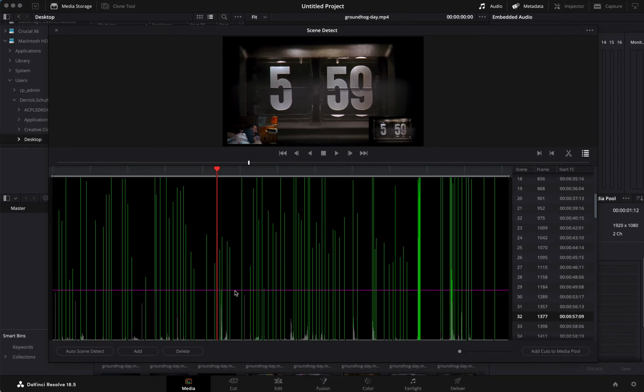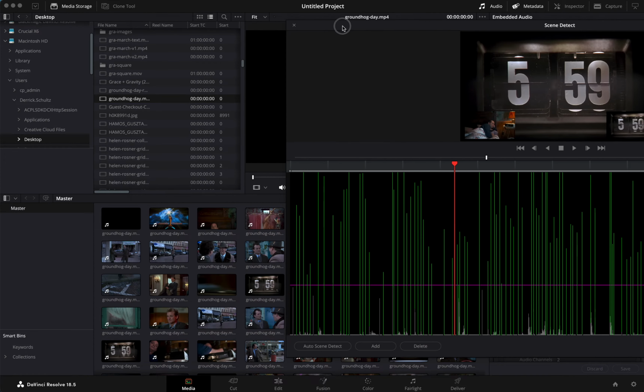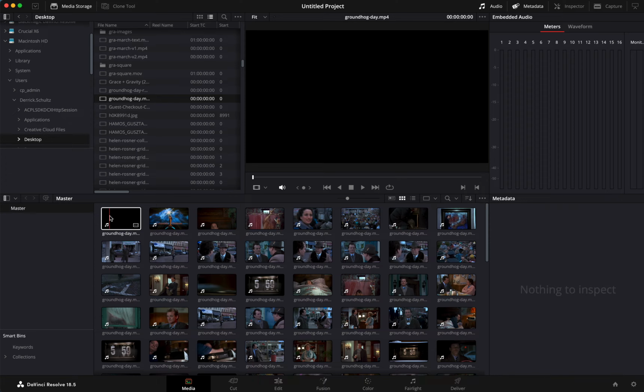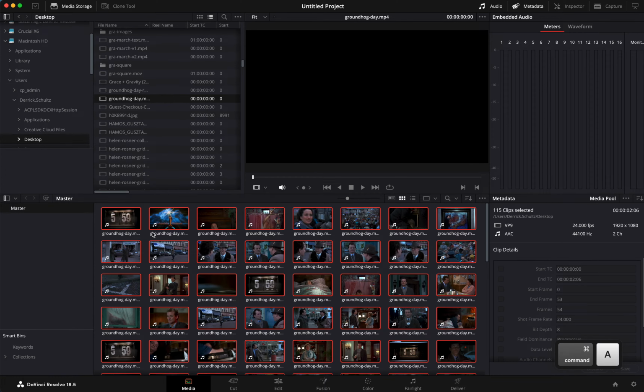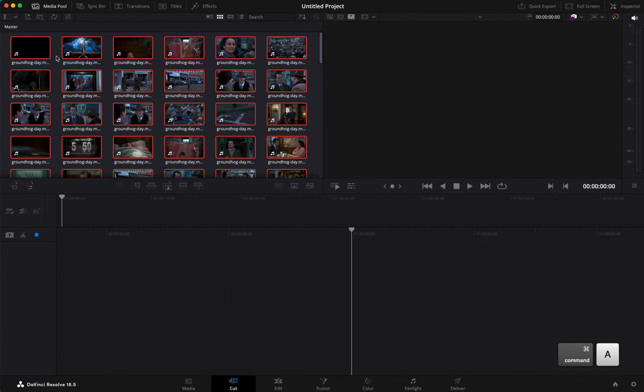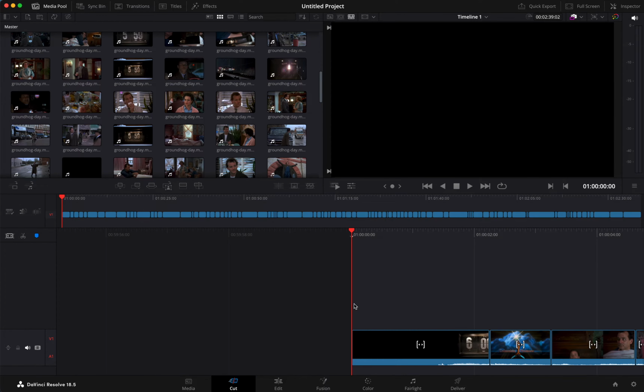I believe this is now finished behind the scenes. Let's just double check. Yep, so they've all been added. So now what I can do is move into media and select all of these. And let's go into cut. I do it from the cut panel. So you click into cut, then you hit Command A to select everything. I want to select all those clips. Let's move them down into our media pool right here. And then you'll see they're all sequenced out here. So they're all my clips.